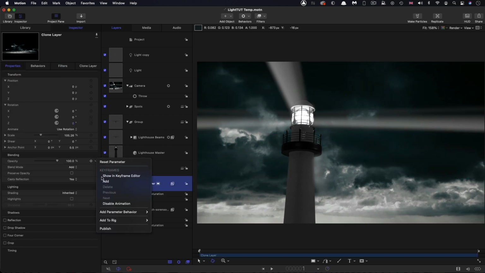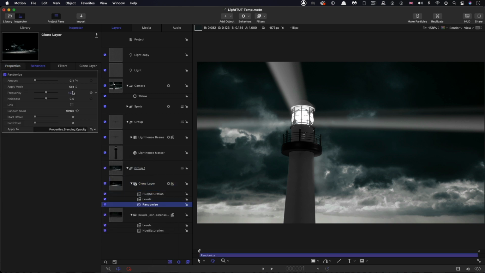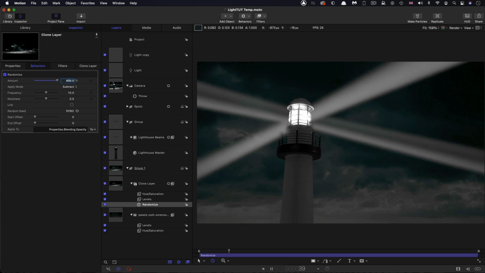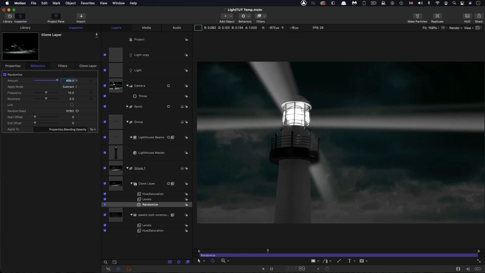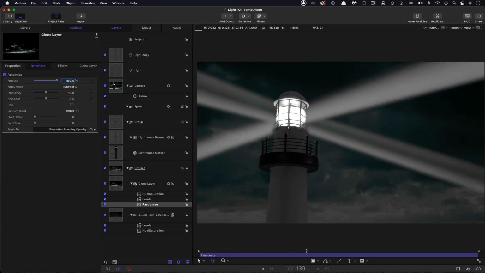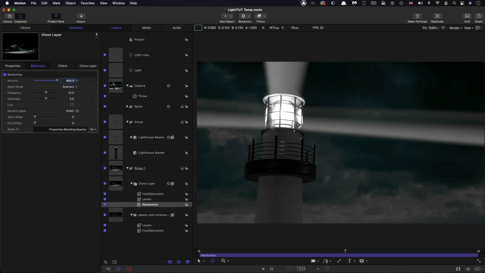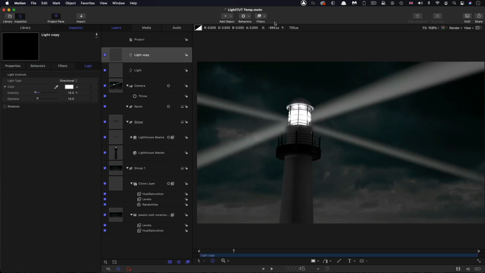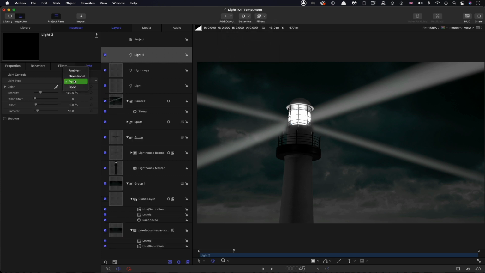So then what I'm going to do is add to that opacity of this layer a randomize. And I'm going to set the apply mode to subtract and the amount to 400%. And now you'll see we've got this lightning in the background. But we also ought to be seeing the flashing on the structure of the lighthouse. So to do that, we're going to add another light. Our object light. Again, we're going to use a directional